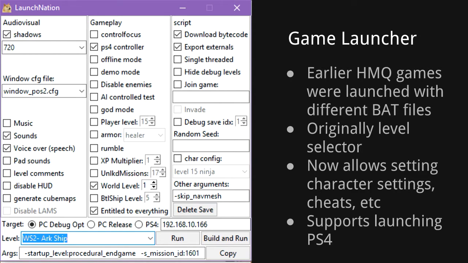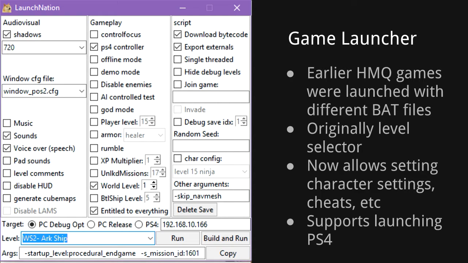And the next tool I'm going to talk about is the game launcher, because you actually need to get the game running. In our game, traditionally, you had a bat file that said run level 1, run level 2, run level 3. But for Alienation, that wasn't good enough. We wanted to be able to easily change the resolution when playing the debug version on the PC, and easily